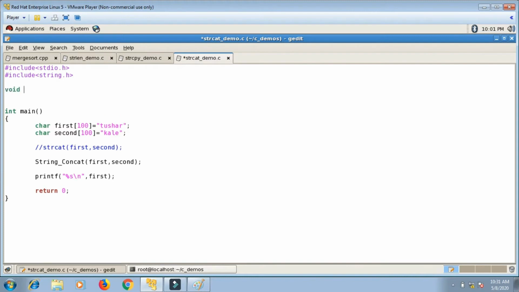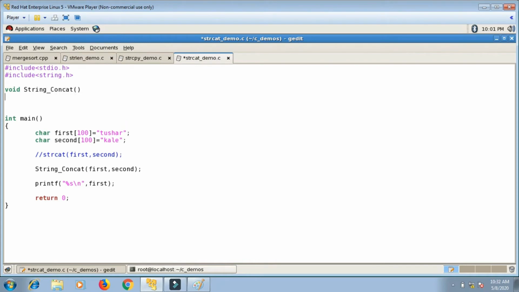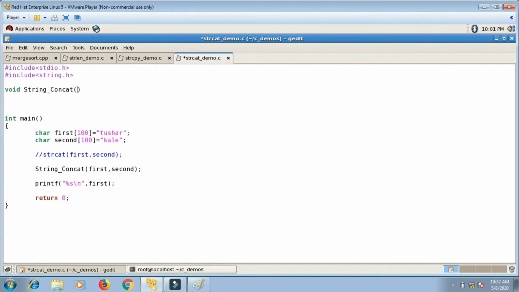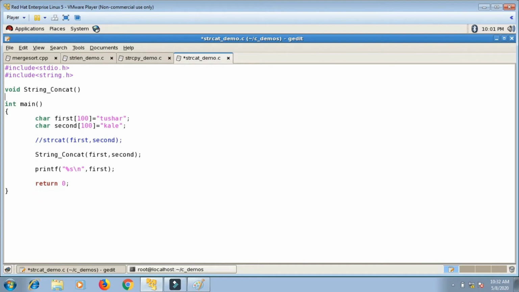I can keep return type void, then name of the function is string concat, and I will receive two character pointers since I am passing two arrays of characters. So declaration will be char star comma char star.